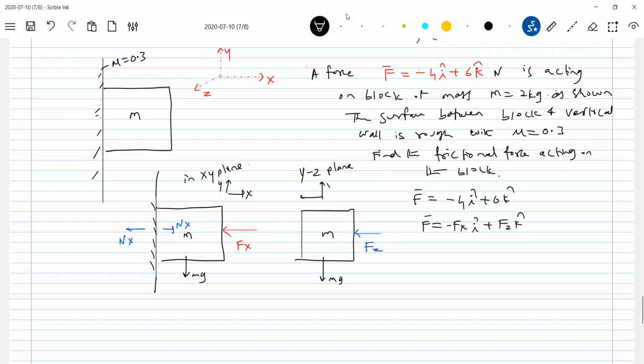Whenever a three-dimensional problem comes, you have to convert it into plane diagrams. So make that problem into two parts. Now, because of Fz and mg, how should friction act? Friction should act vertically down. Only Fz acts along the positive axis. Because of Fz and mg, the friction will take direction like this. The background will be the wall, which I'm not showing. Somebody is asking, sir, where is the wall? This will be the wall.